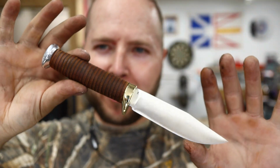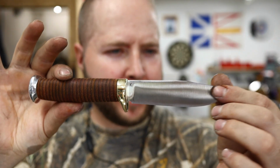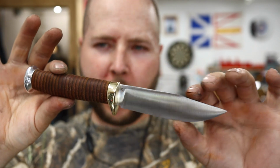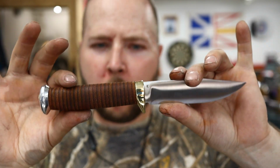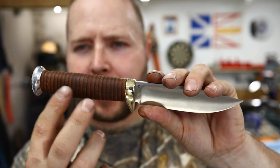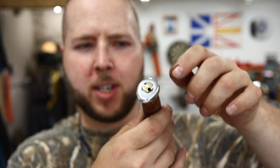What a fun build. I hope you guys thoroughly enjoyed it, and I'm sure that our client Cole will enjoy this commemoration piece for his grandfather. One that he can actually use. O1 tool steel, great carbon steel. You guys know what's happening inside that handle, and I hope it gives you some insight as to what's happening inside a lot of the knives you're buying. I'll send off that little tensioning tool